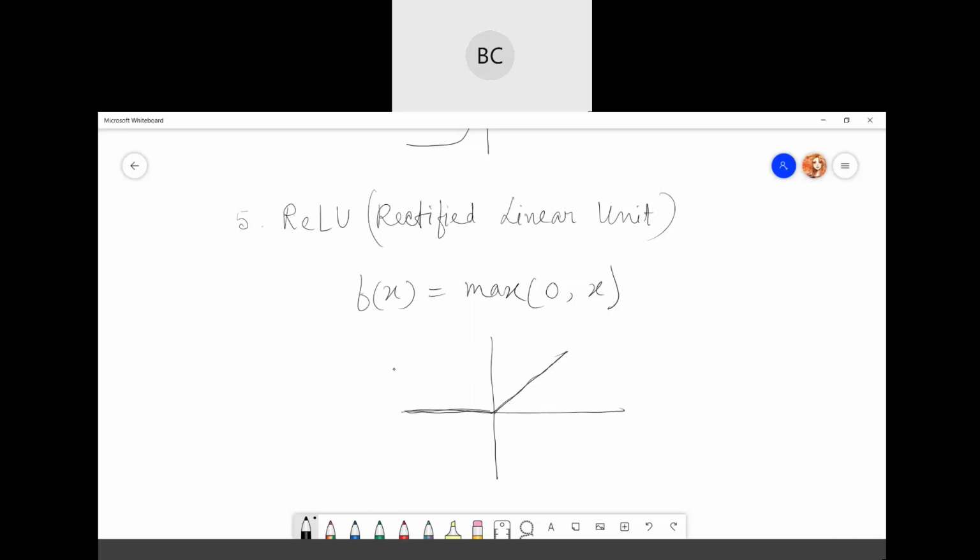Therefore, only a certain number of neurons are activated. But in the case of sigmoid, and especially in tanh, both positive and negative input values are activated. So ReLU is more computationally efficient compared to sigmoid and tanh.